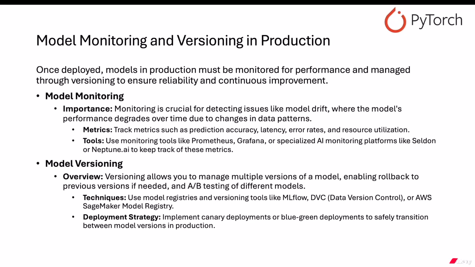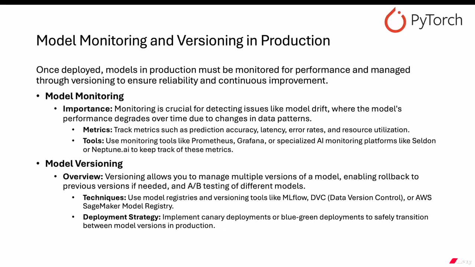Metrics: track metrics such as prediction accuracy, latency, error rates, and resource utilization. Tools: use monitoring tools like Prometheus, Grafana, or specialized AI monitoring platforms like Seldon or Neptune.ai to keep track of